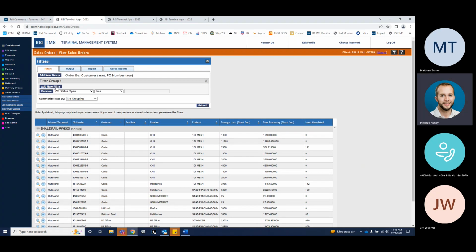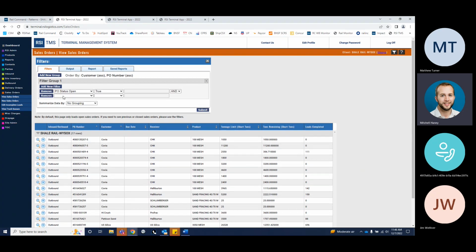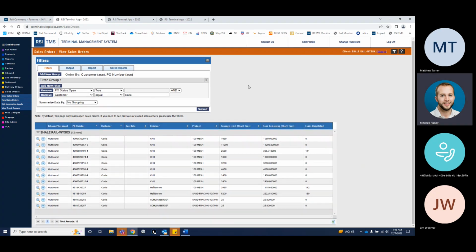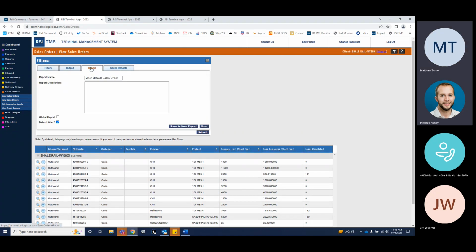You could also filter down if you wanted to show a sales order report of just those Covia open orders. We could just add a new filter and do customer equal Covia and get rid of the others. So then you're only looking at the Covia orders. If we went to reports, I've got a default one open already, but